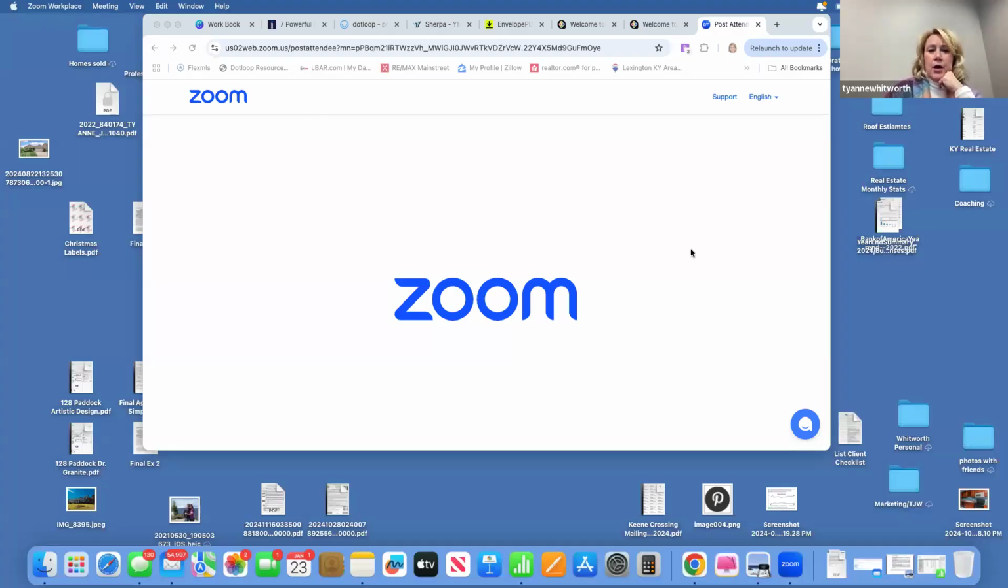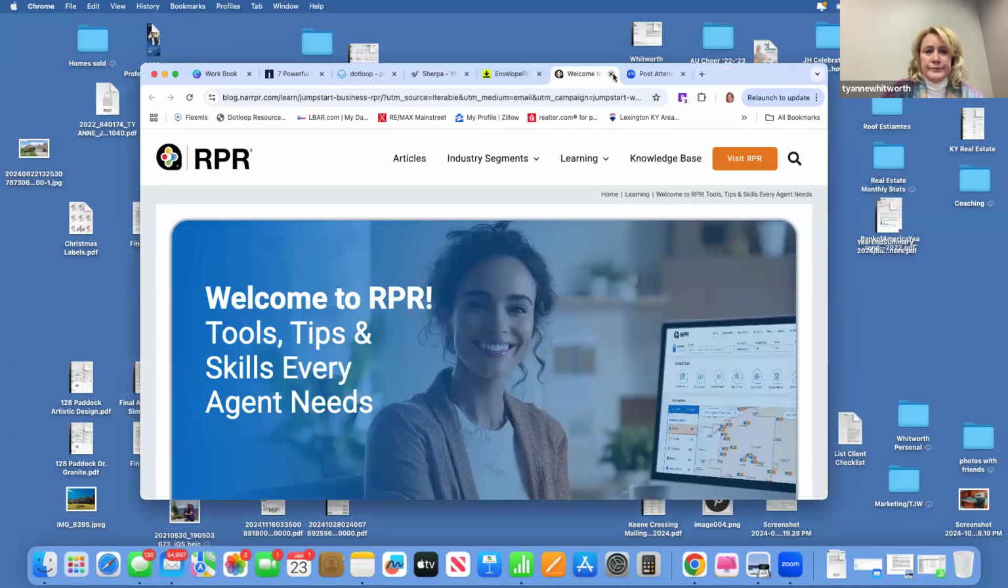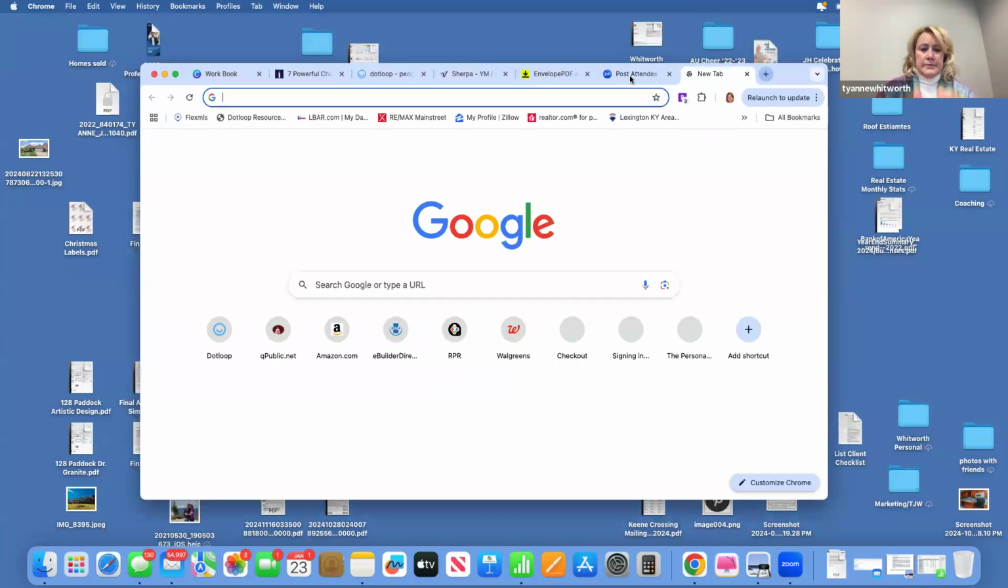So let me go to sharing my screen, and then I'm going to pull up and walk you through a couple of things. For anybody that watches this as a recording, they will be able to do it as well. So I'm going to share this. Click share. And now I'm going to open up RPR. I think I already have it open. Let me pull that up. That's the webinar. All right, so